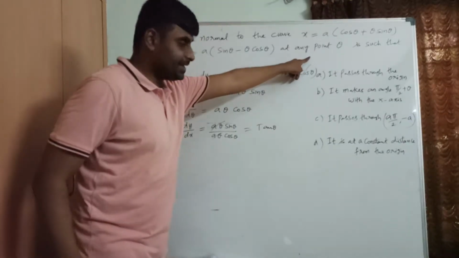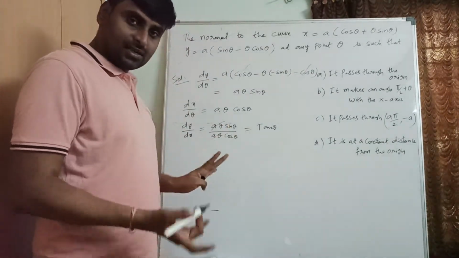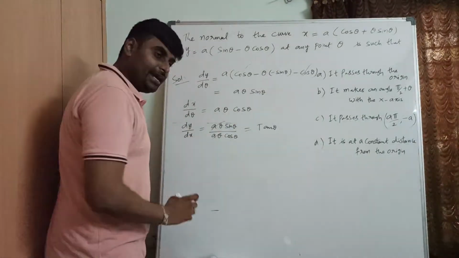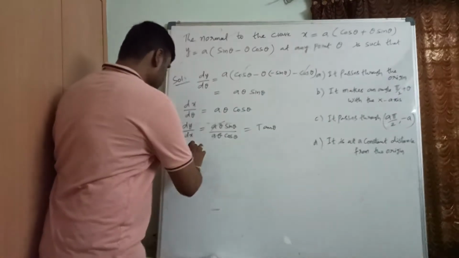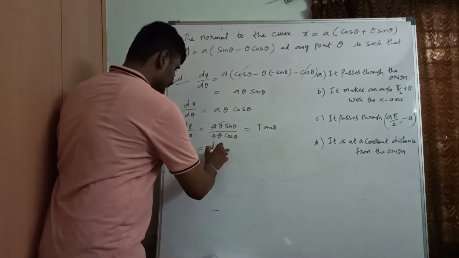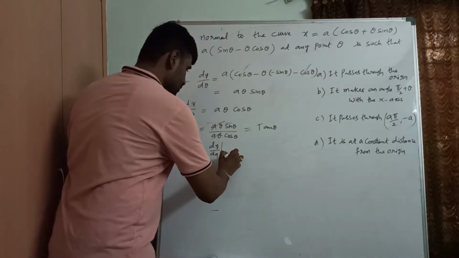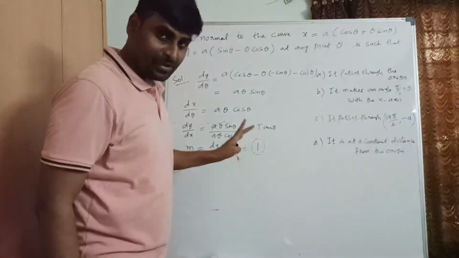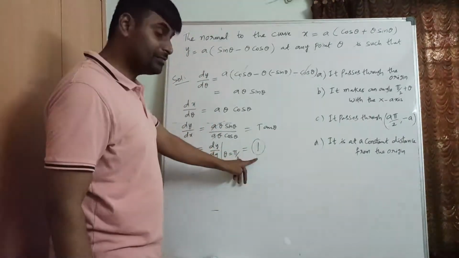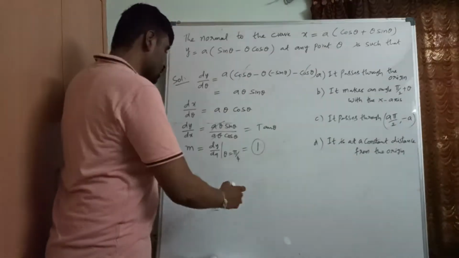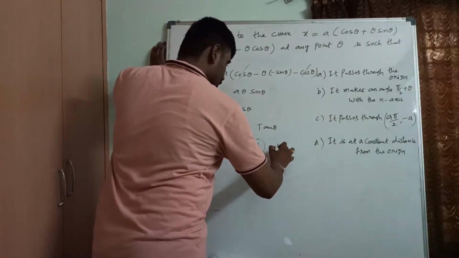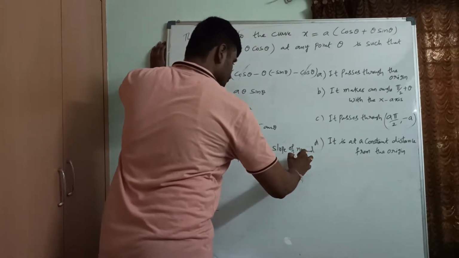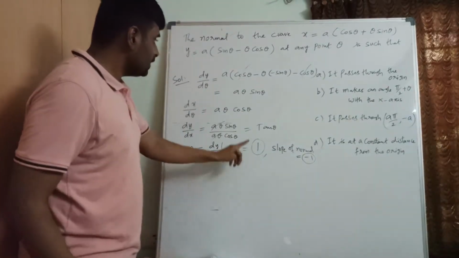So at any point theta we are going to. Acha, let me substitute theta equal pi by 4. So theta can be anything. So I would like to substitute theta equal pi by 4. So what do we get? So dy by dx at theta equals to pi by 4. What do we get? Tan 45, 1. So our slope is 1. Okay. This is the slope of the tangent. Right. Now what is the slope of the normal? Minus 1. That we know. So the slope of the normal is minus 1. Now let us find the point.